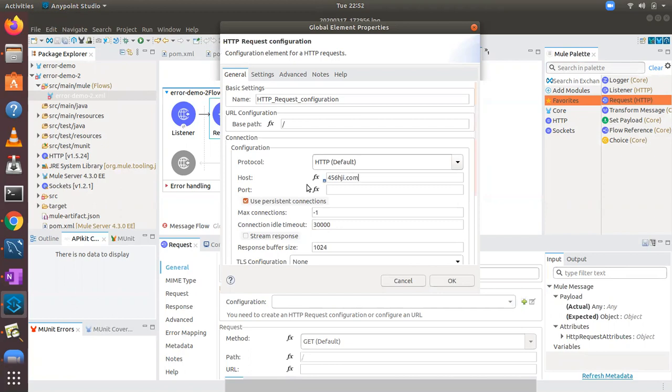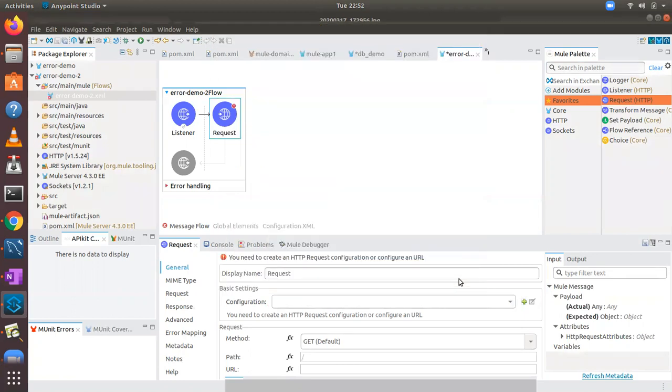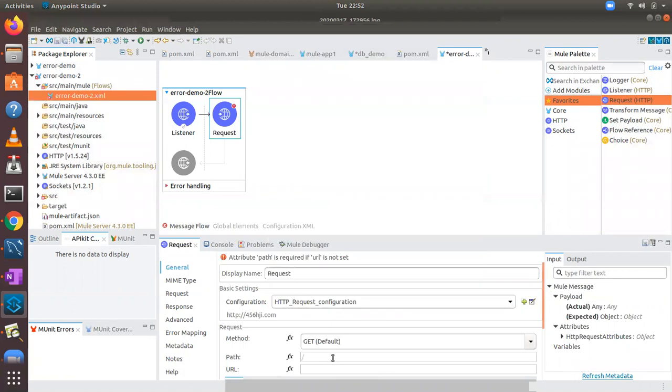I'm configuring some weird host, and the path as XYZ. So I'm configuring this kind of URL, trying to call 456hga.com.